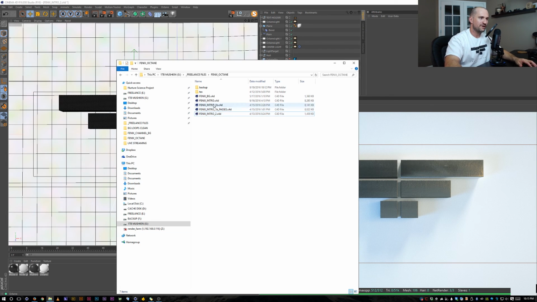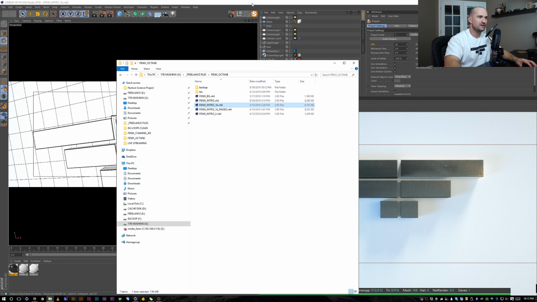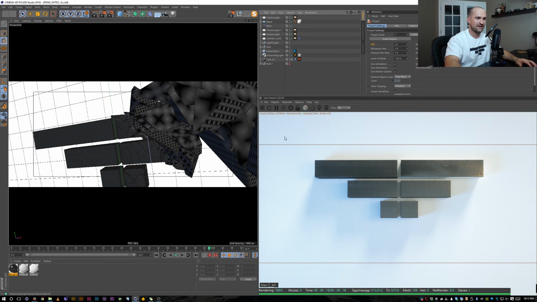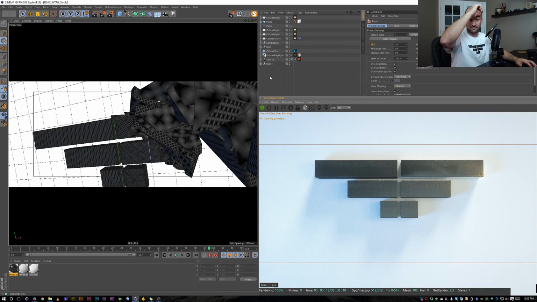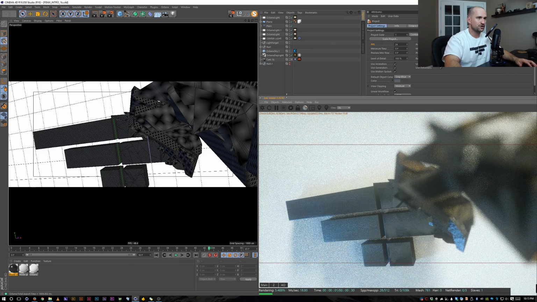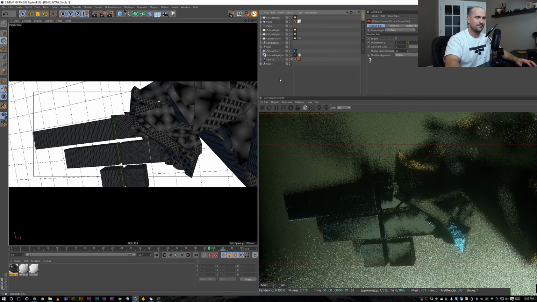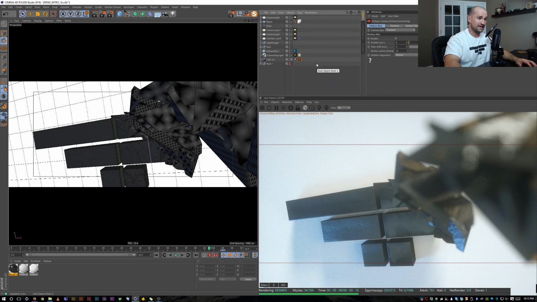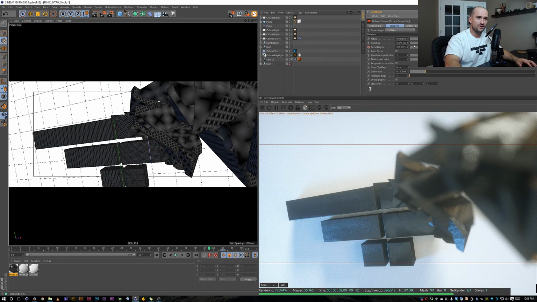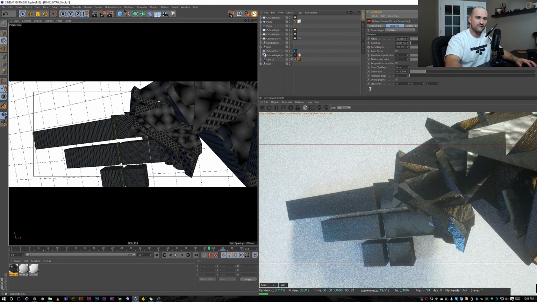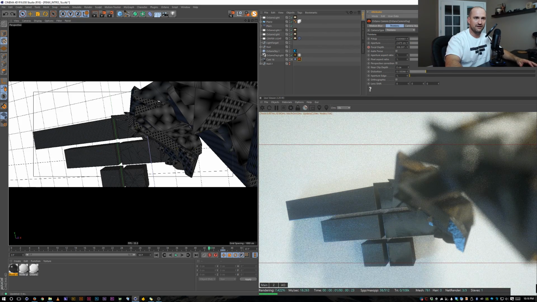Let me open up camera 1B, or project file 1B, since this is my second camera. And let's send that scene back to Octane. The reason I wanted to show you this really quick is to talk about the Octane camera settings I have going on here. What I do have is the aperture cranked up a little bit. So if I increase the f-stop all the way, or basically make the aperture 0, I wouldn't get any depth of field. But if I undo that and increase the aperture a little bit,